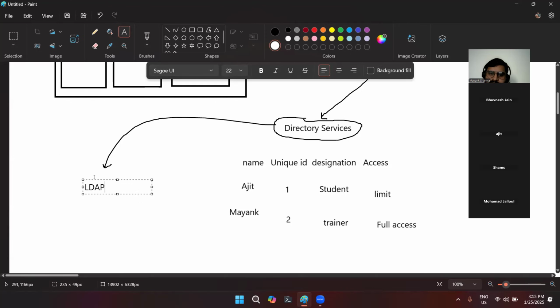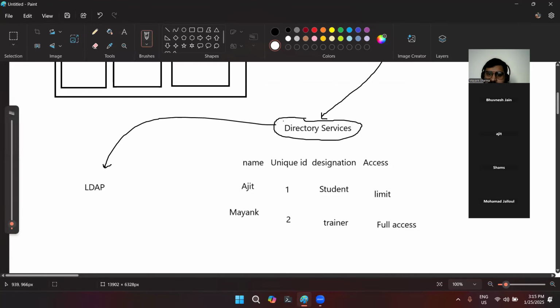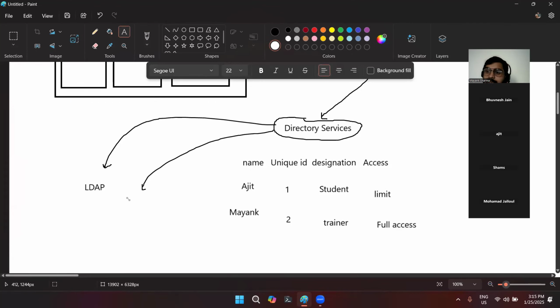It is mostly famous in Linux, where using LDAP services you can manage multiple users. And another famous directory service that is widely used in organizations is Active Directory. Initially Active Directory was a very popular tool.